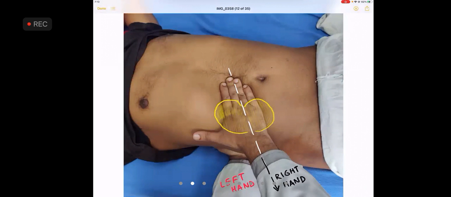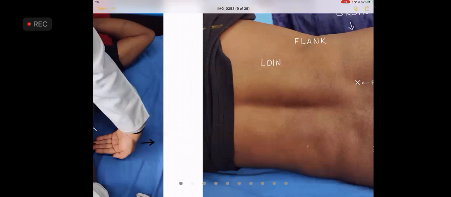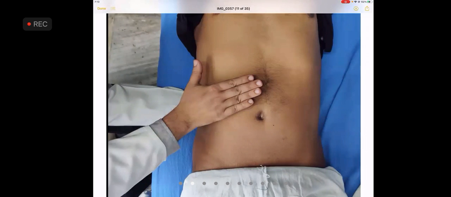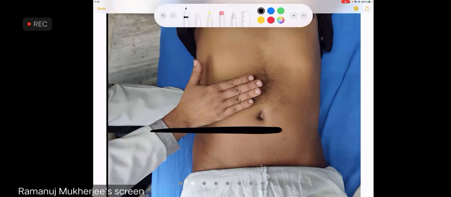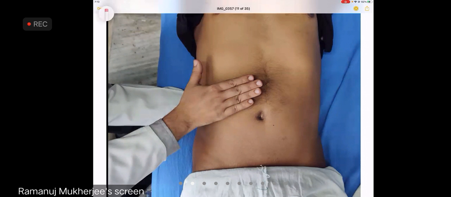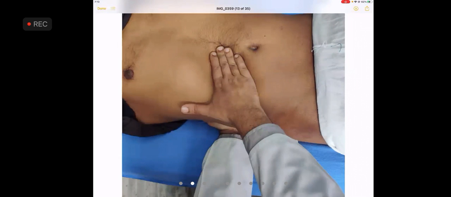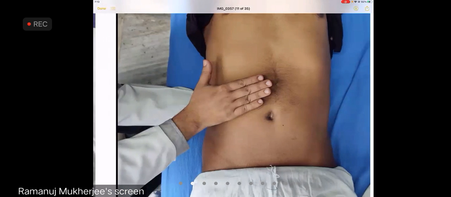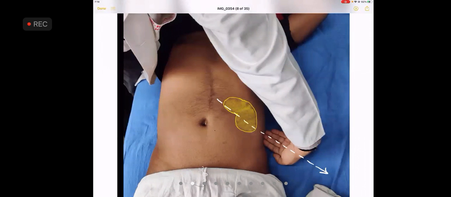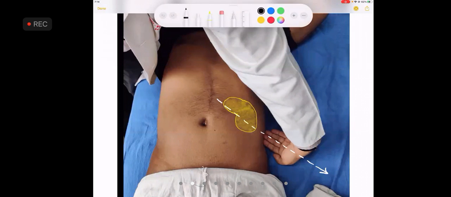So that means the mistake that students do is that they place the hand horizontally. So if I have that marker pen with me, this is not right technique, sir. Please remember that. I need to place the hands very differently like this. So this is how I palpate the right kidney. And what is important also is how to palpate the left kidney. Now please see that for palpating the left kidney, I take my which hand behind?